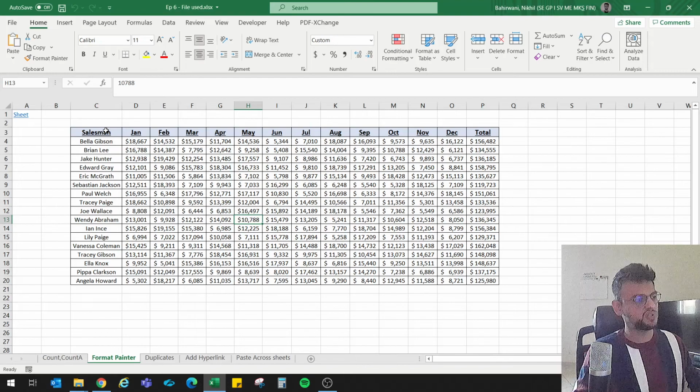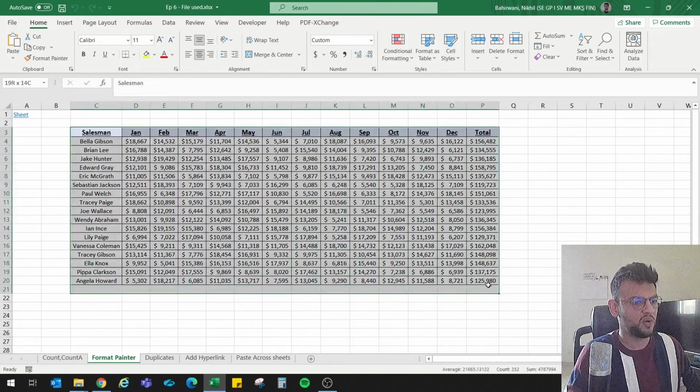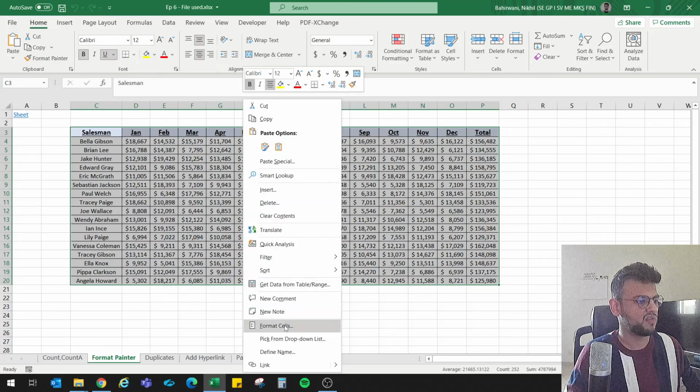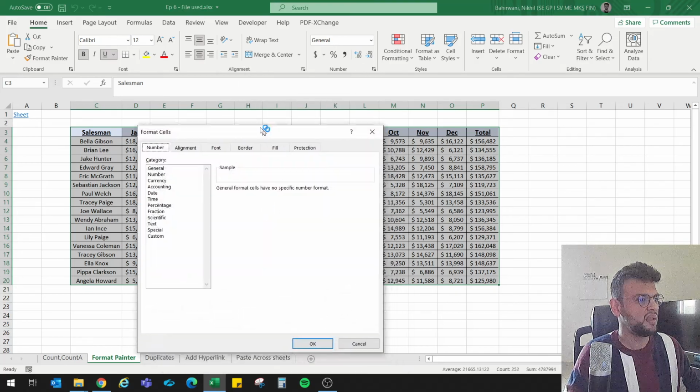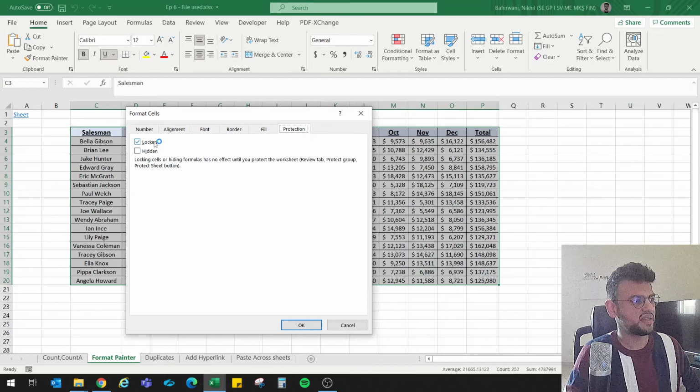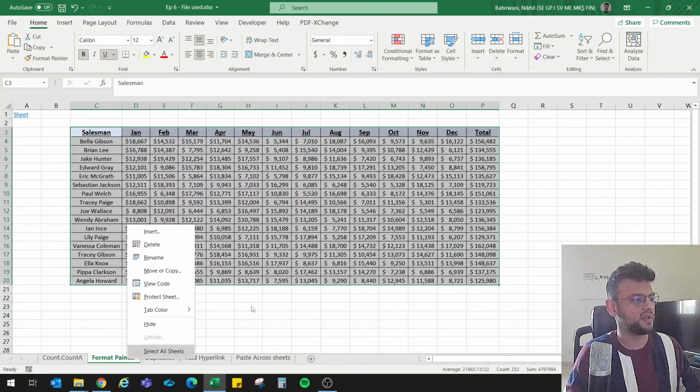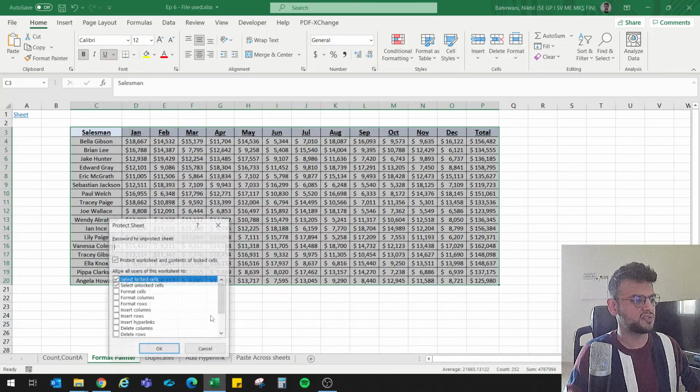So also there's a way that you could check something regarding the formats of your cells. So if I just select all of these and I right click on format cells, so when I go to protection, it says that these are locked. So once I click locked and I press OK, it means that all of these cells are locked, and when I password protect them,